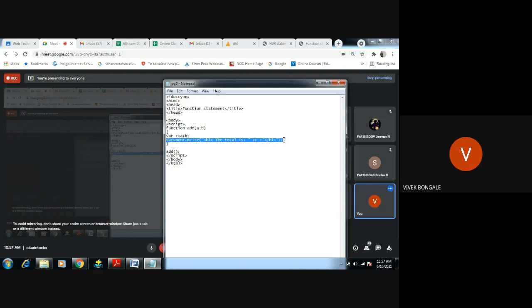This we're going to keep outside the loop. Here it will take the c value, return c, and take the value here. Then here we have to give the result.